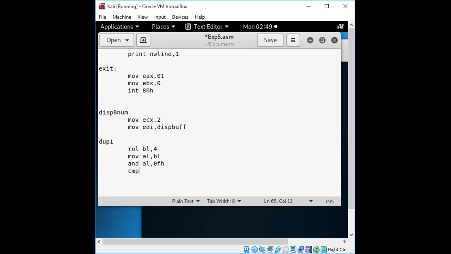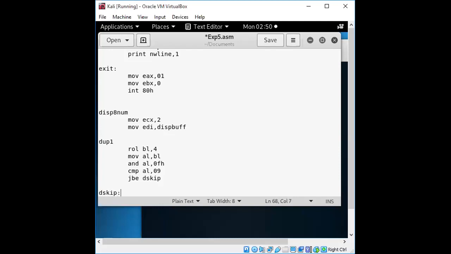Then we need to compare whatever value we have got, whether it is greater than 9 or less than 9. If the number is greater than 9, then we need to convert it into ASCII form. So this will be for conversion. We'll make a jump if below; if it is below, then we'll make one more call for this, which will be right B.